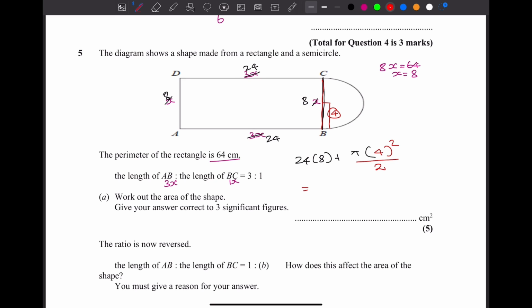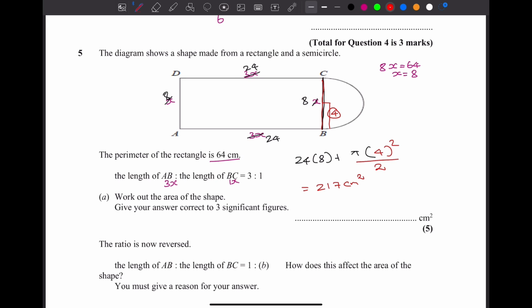It's a calculator paper anyway, just type the whole thing together. Pi times, always put brackets, it looks better. Sometimes if you keep putting times, you may get it wrong. 217.1. Not 1 decimal place, it's 3 significant figures. So 217